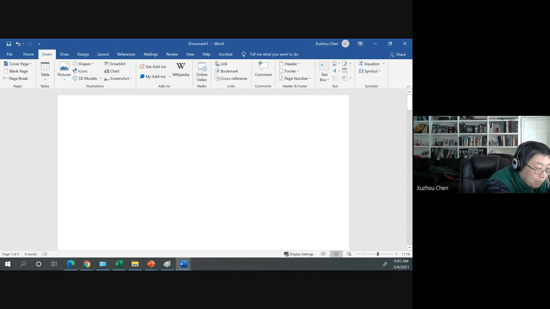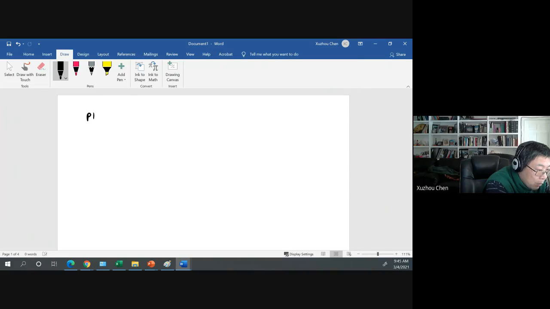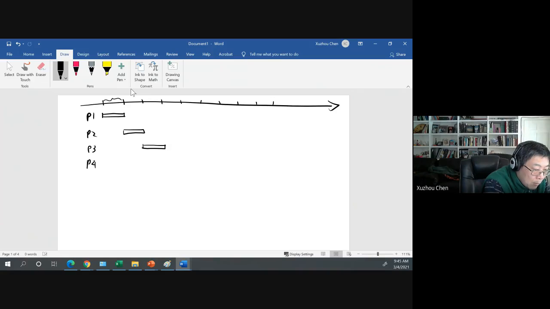So for example, if I have process 1, 2, 3, and 4, and each time period is a time quantum, the scheduler is going to allocate process 1 for just one time quantum, and then allocate process 2, 3, and 4. Now, if a new process joins, I don't know when it's going to join, but for example, if process 5 joins at